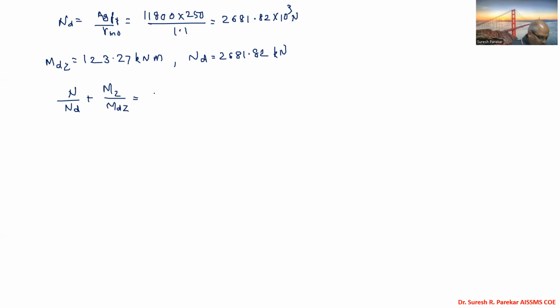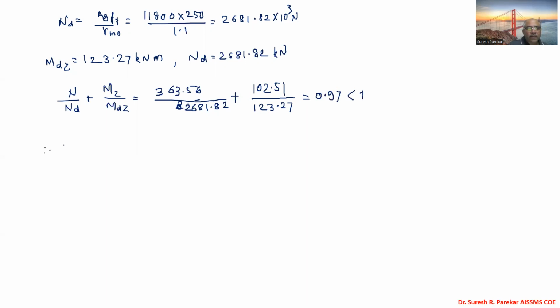We have the value of N 363.56, ND we have 2681.82, plus MZ we have 102.51, MDZ we have 123.27, and this value comes 0.97, which is less than 1,